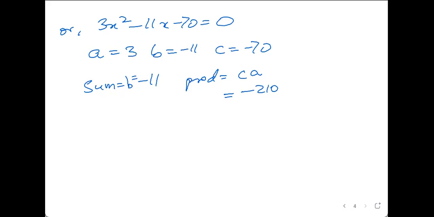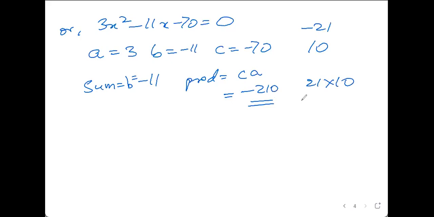Wow, Karthik has found out. Very good. Karthik has found out. And now, Karthik, next time you see such a question, you should quickly think of these things. Karthik is correctly saying. Prachi has also found out, but Prachi has missed a sign. The correct numbers are minus 21 and 10. Minus 21 and 10. 210 is what? 21 into 10, just ignoring the minus sign.